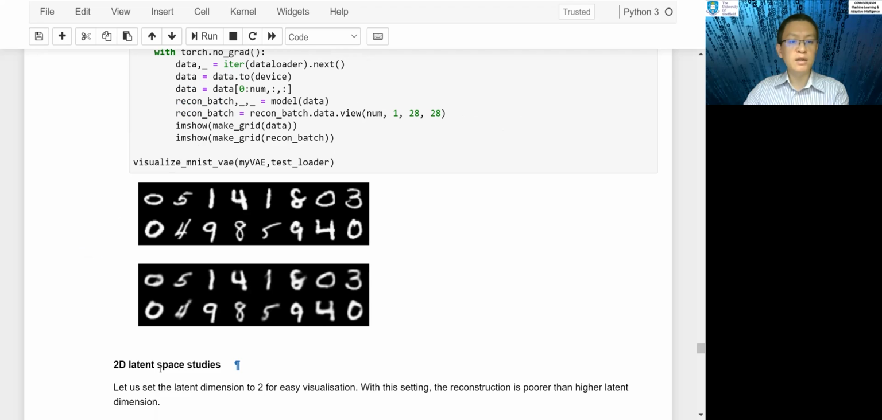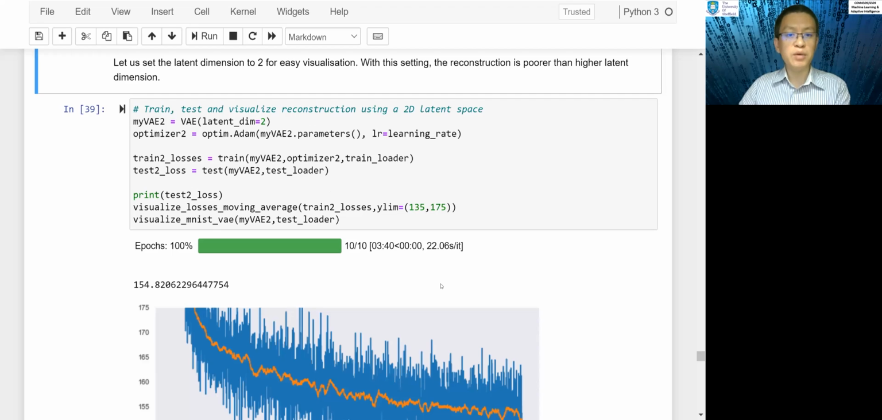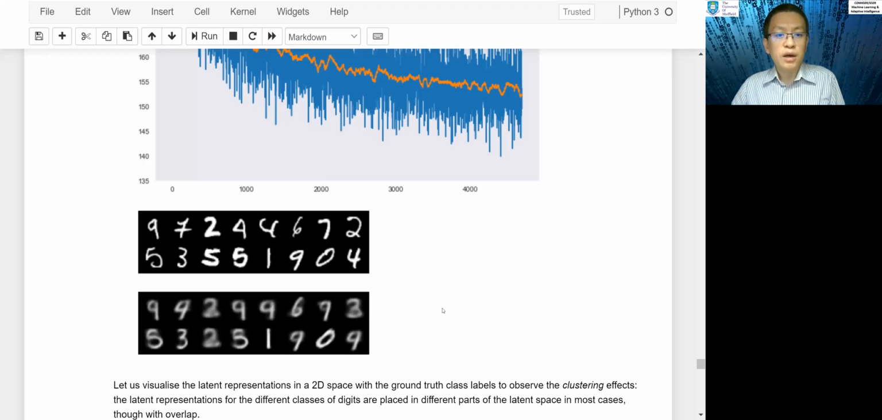Then we move on to the 2D latent space study, where we have Z to be only two-dimensional. That's the example in the last few slides in the lecture. Again, we look at the optimization process. Because we only have a 2D latent space, which is very low dimension, you can see the reconstruction is not as good as above. There are some mistakes. Like this is 3, but it's actually 2. This is 4, but this looks like 9. Some are good, but some are not. Especially 4, I think 4 is very troublesome. This is 7,